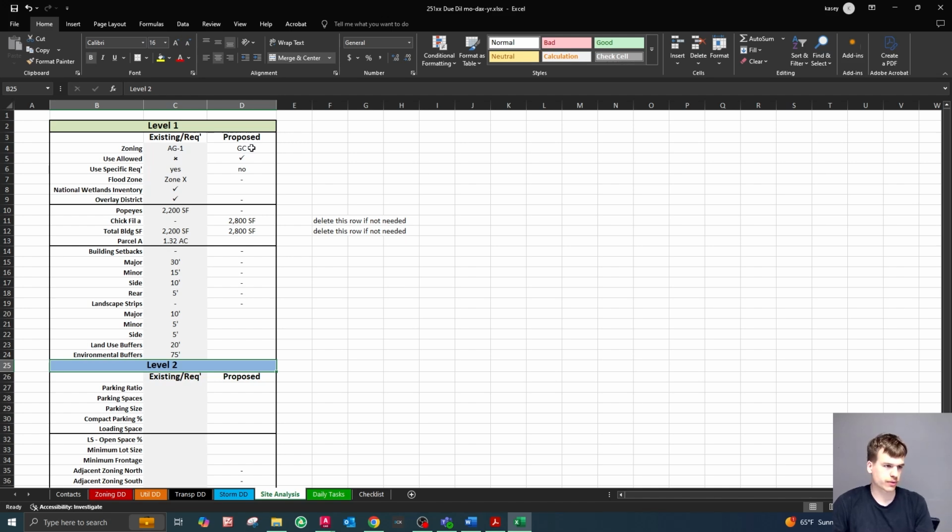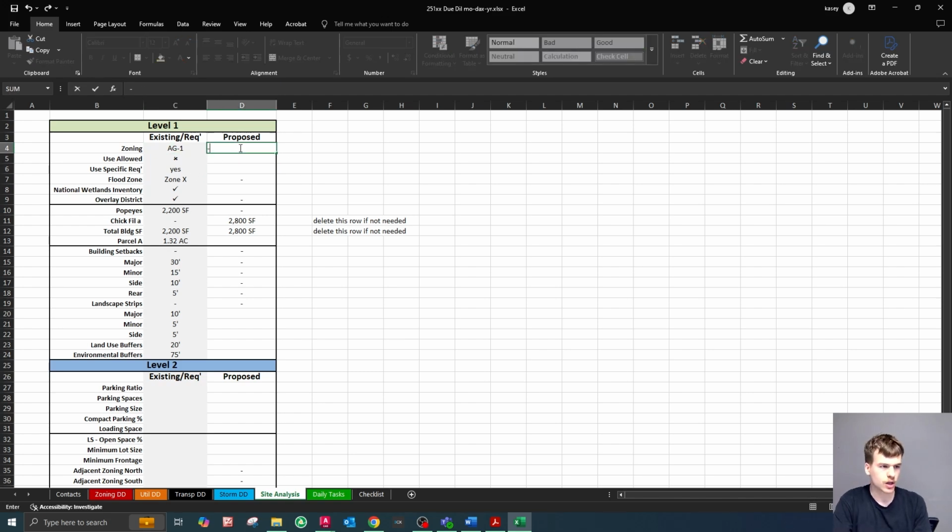Say we're not going through a rezoning, right? So there is no proposed new zoning. All of this is going to be blank here, under this first box, and this existing information is going to pretty much fill out everything. We'll go ahead and put a dash in everything just to make sure that